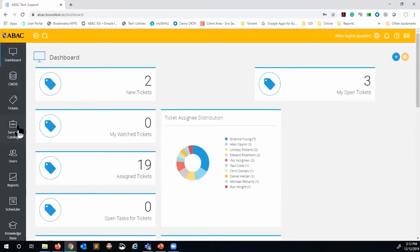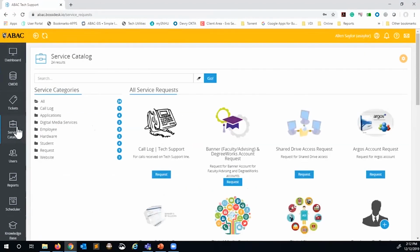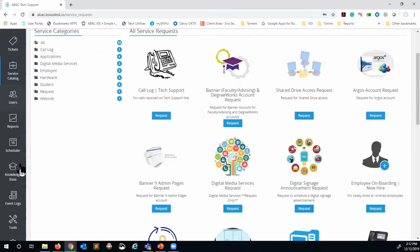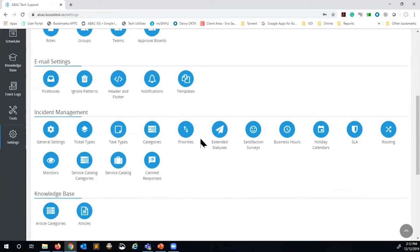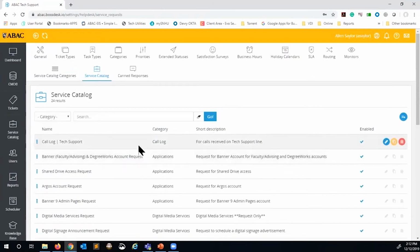From the admin side, if we come over here, this is the administrative view from a tech, and we have a total of 24 requests that can be submitted. If we go down here to settings and come down to where we have the service catalog and all the different ones that we have out there, if you'll notice, everything looks real good and clean. And let's say we need to make a new one. So we just click the new service request,